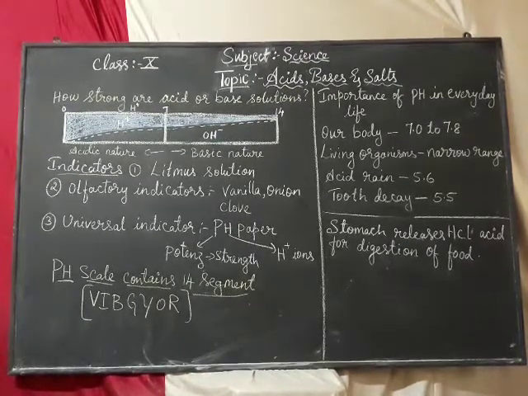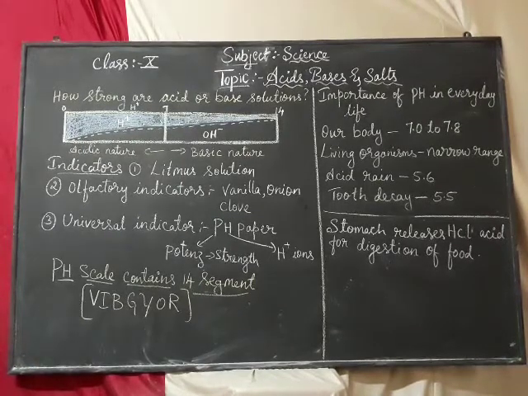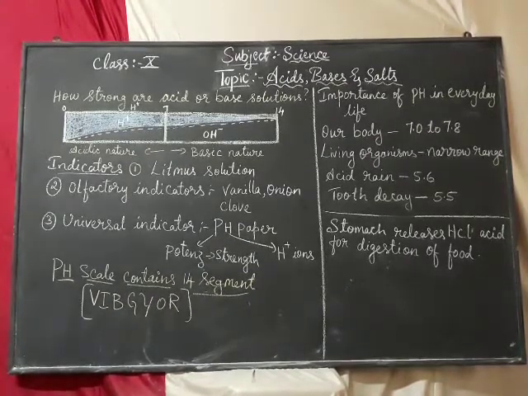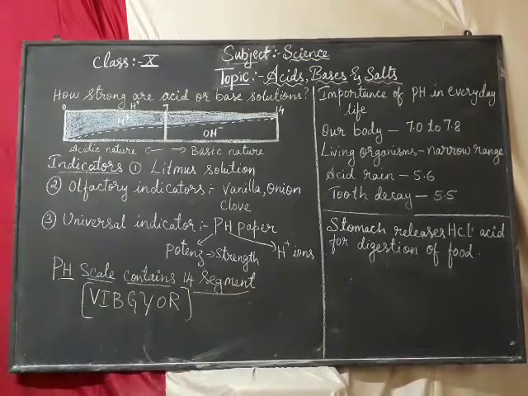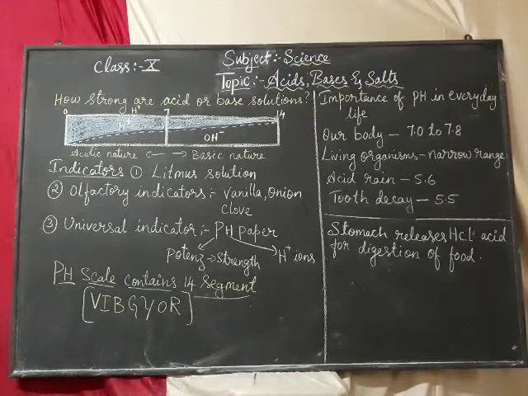In this you learned what acids and bases are, and the physical and chemical properties we learned. Now, how do we judge how strong an acid or a base is? We know it is an acid or a base, but we should also know how strong the acid is and how strong the base is. How can we know that? We can know by the indicators.